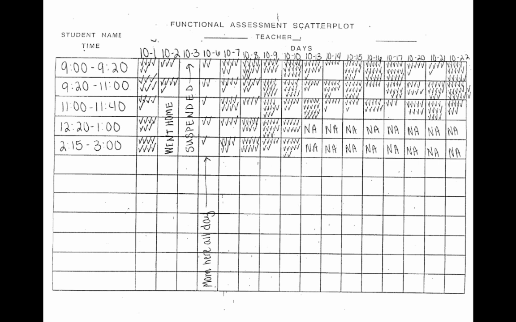Here is another example of event recording, and you can see at the top it is titled Functional Assessment Scatter Plot. So the columns are the days of the week and the rows indicate the time of the day. Again, you can see that there are many check marks during certain times of the day, more so than others. The one thing that I would say about this example is the time frames in the rows are not the